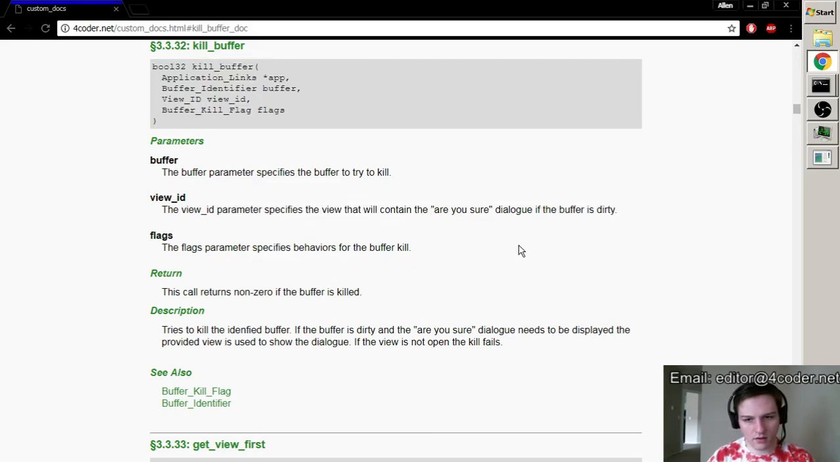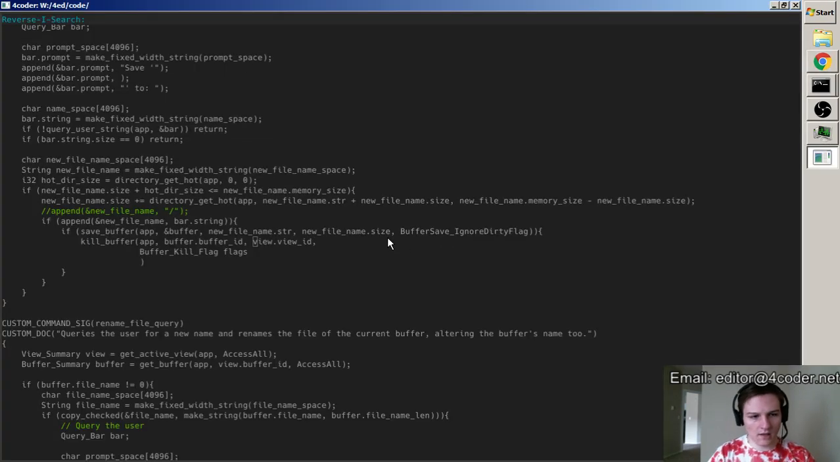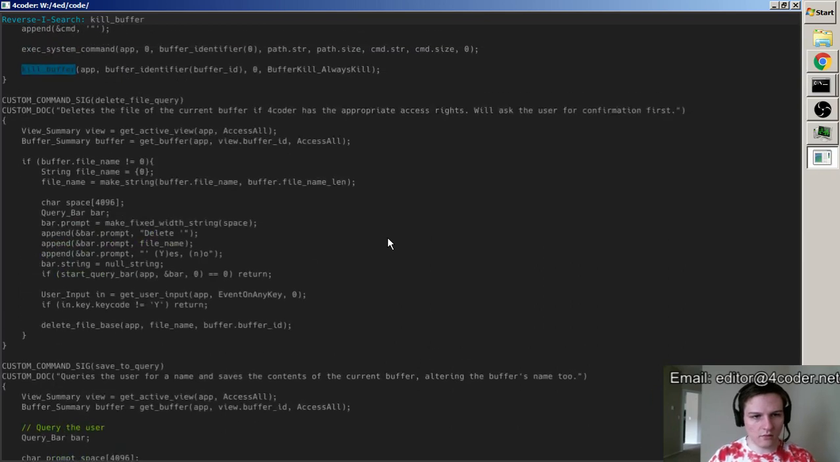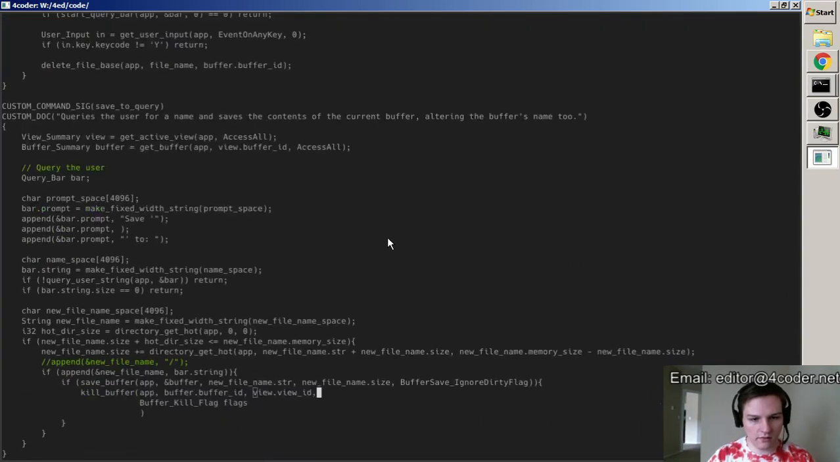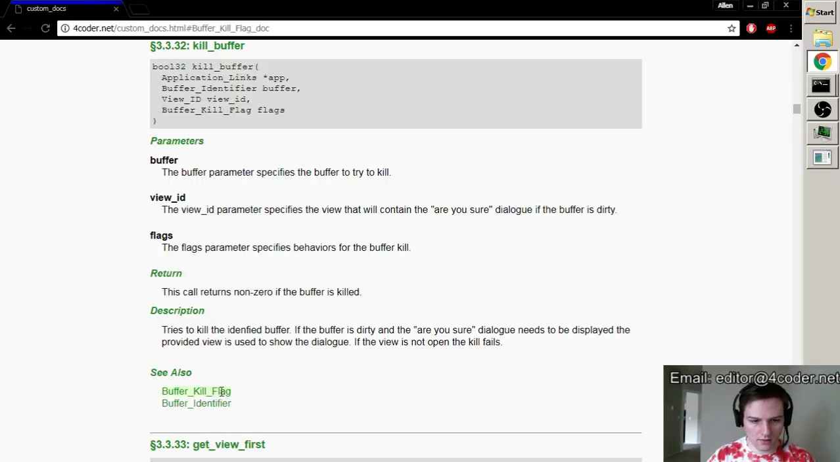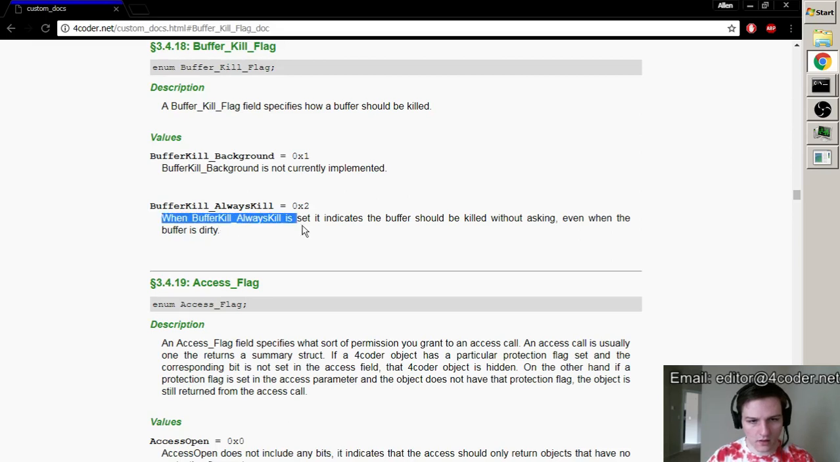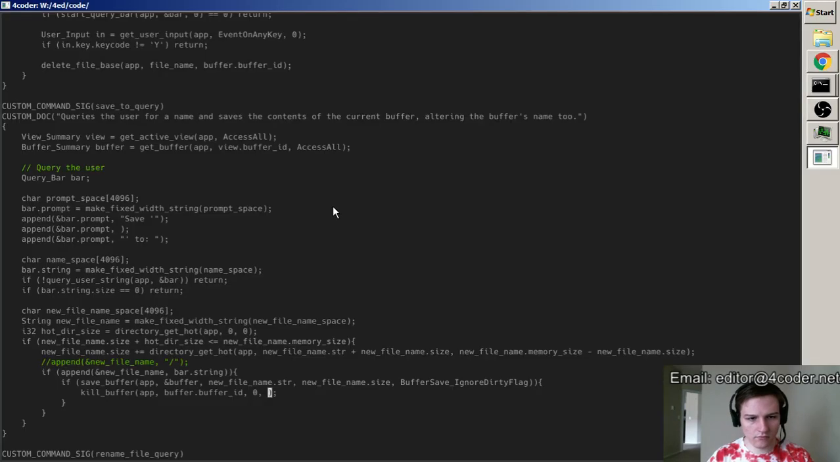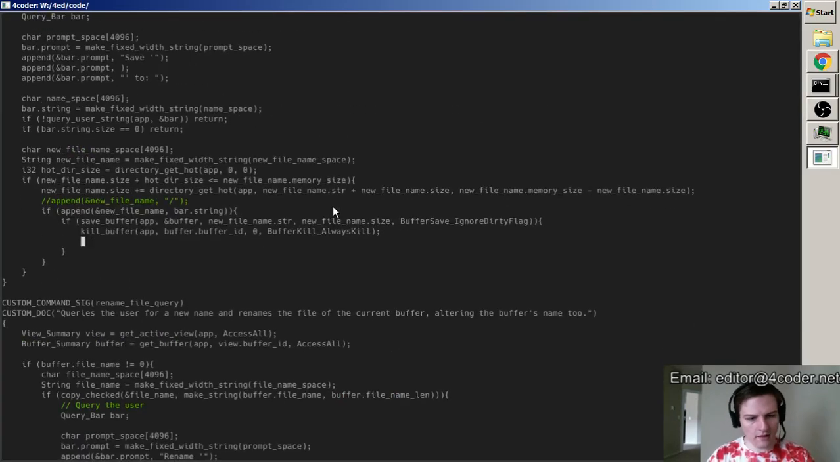The buffer is dirty. Now hold on. Is there a way to ignore that option? Yes, always kill. That's what I thought. Alright. So kill flag, always kill. Indicates the buffer should be killed without asking, even when the buffer is dirty. Yeah, that's what I want. So that will kill it and it won't query. And then